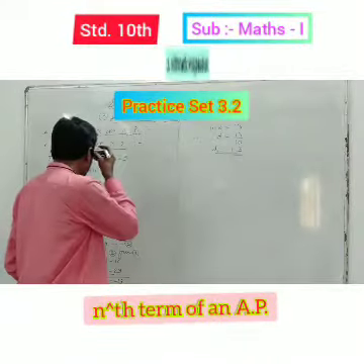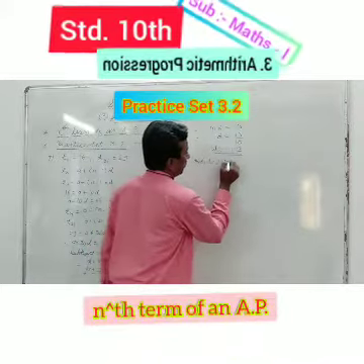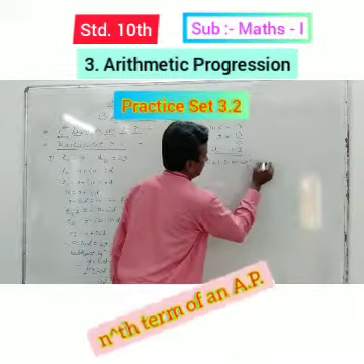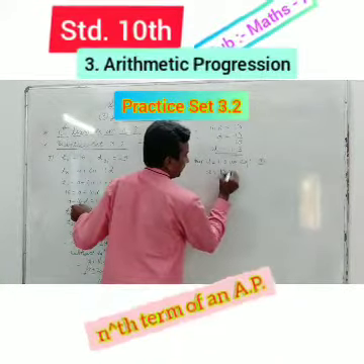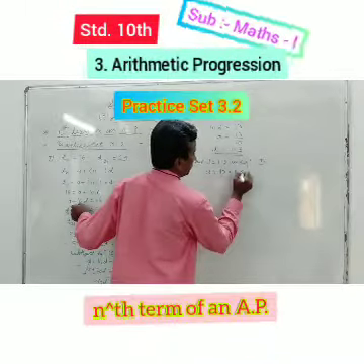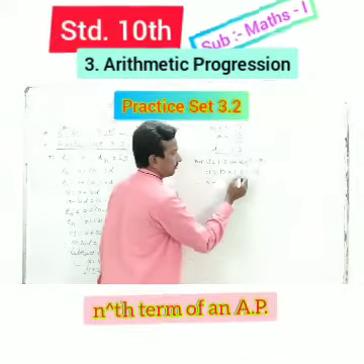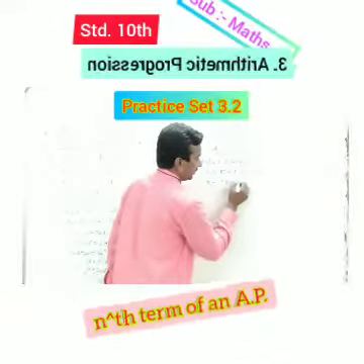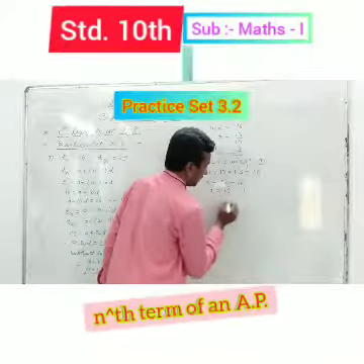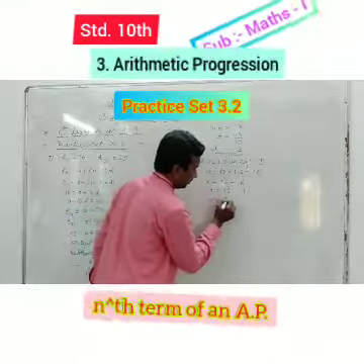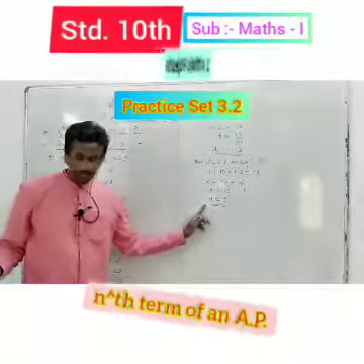Now find the value of a. Put the value of d in any one equation. Put d is equal to 1.3 in equation 1. Equation 1 is a plus 10 into d, where the value of d is 1.3, is equal to 16. Therefore, a plus 10 into 1.3, which is 13, is equal to 16. This means a is equal to 16 minus 13. Therefore, a is equal to 3. The value of d is 1.3 and the value of a is 3.